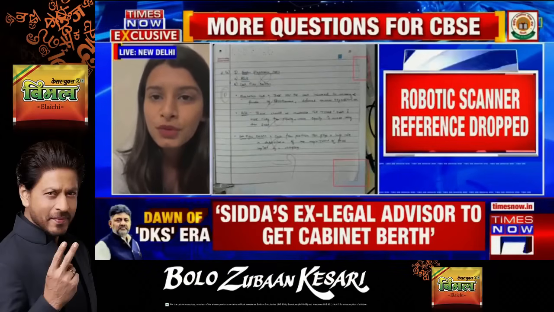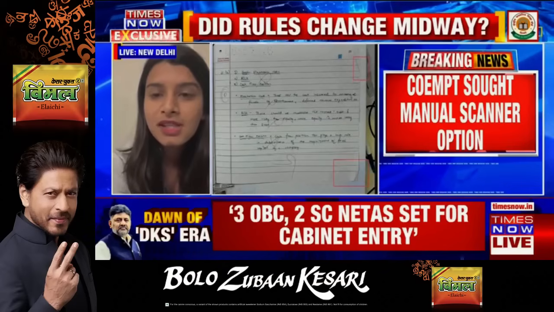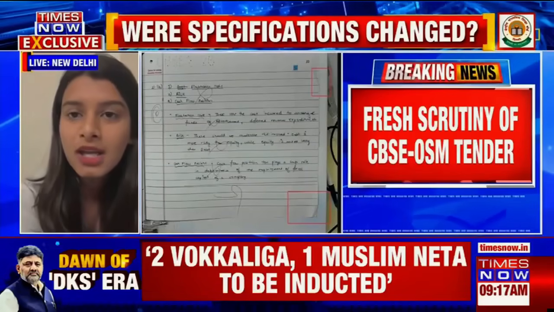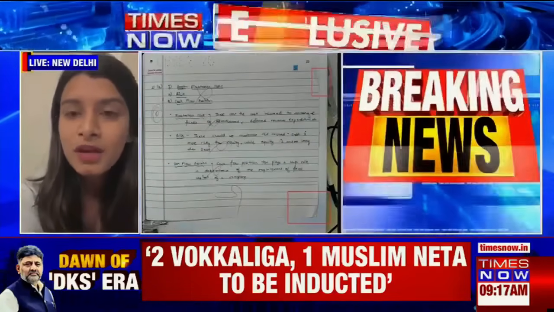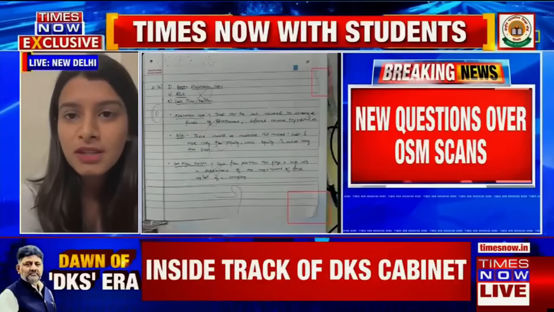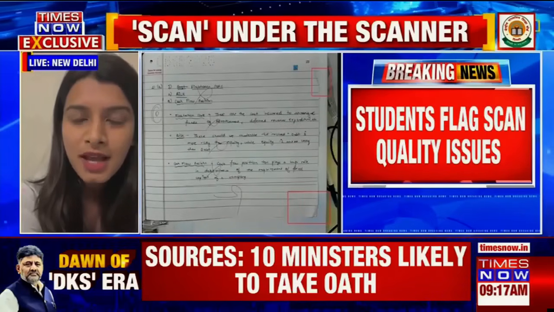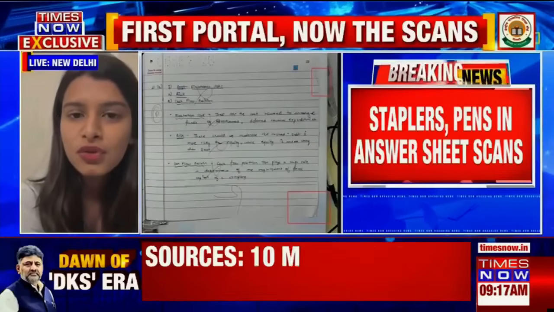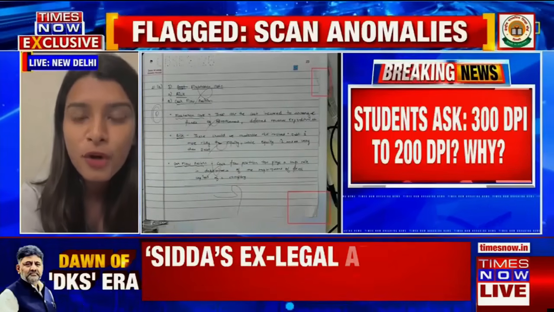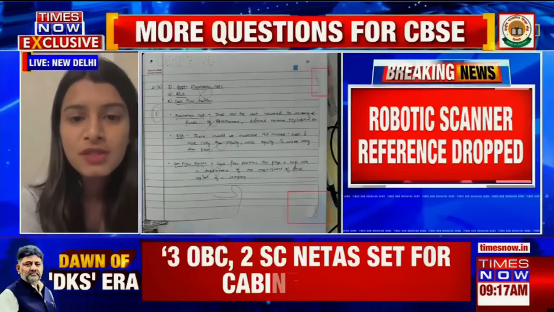Now, when we comb through the proposal document that was released in August, what we saw is that the words automatic, robotic as pertaining to the scanner were completely dropped. Now, the leader of opposition, Rahul Gandhi, is also stating that a generic scanner was then made the standard. The scanning resolution was also dropped to about 200 dots per image from 300 dots per image. And this is raising, in fact, a lot of questions.